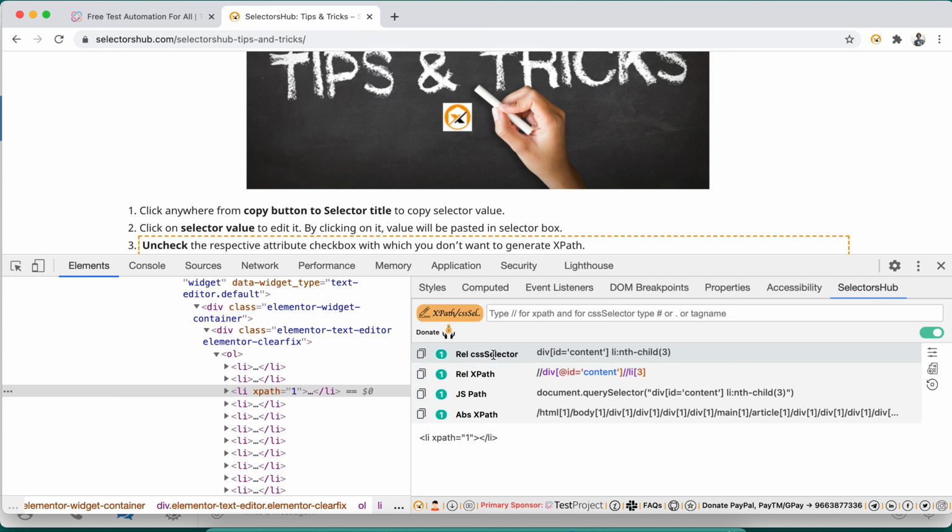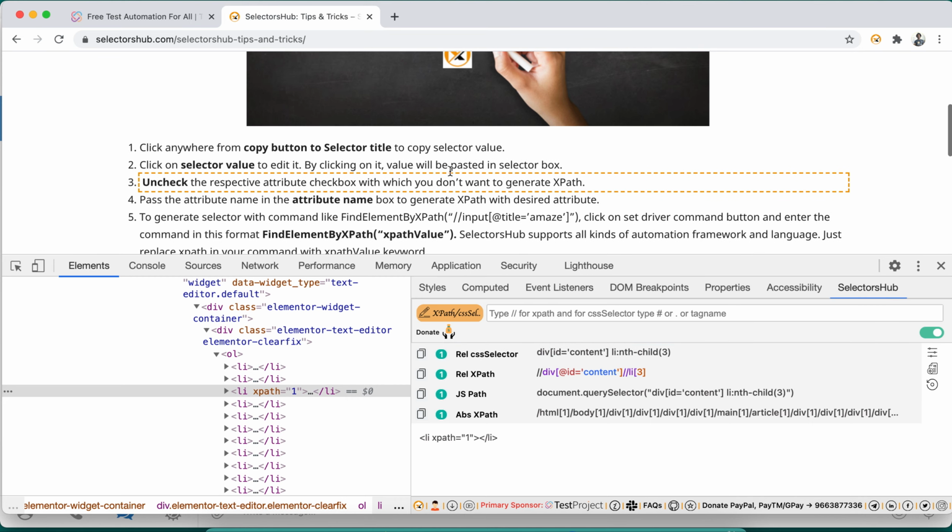You click anywhere here. You see, you want to copy the relative XPath from this to this place, you click anywhere. Let me paste this value. Yeah, it got copied. It is so simple. Anything you want to copy, anywhere you can click, not just on the copy icon. This is just to denote that you have the copy icon, but actually you can click anywhere here. So simple, so nice, isn't it?